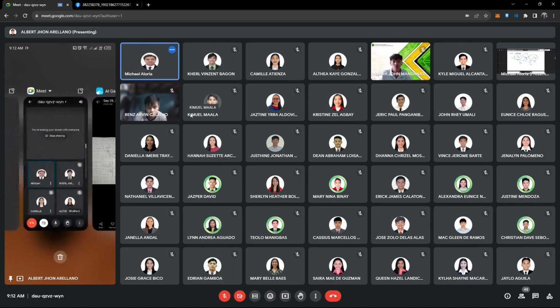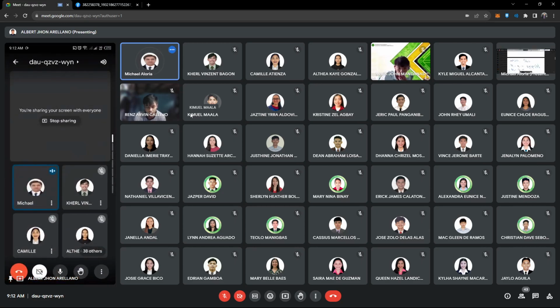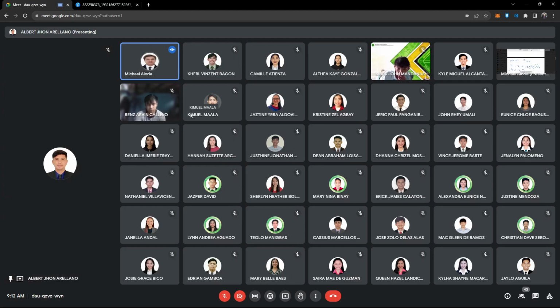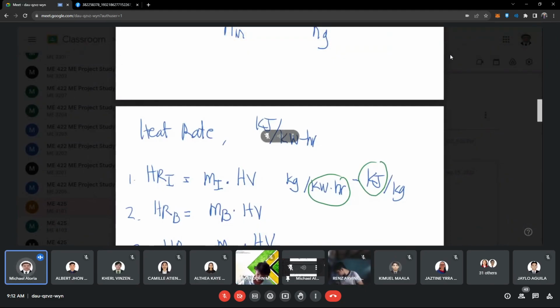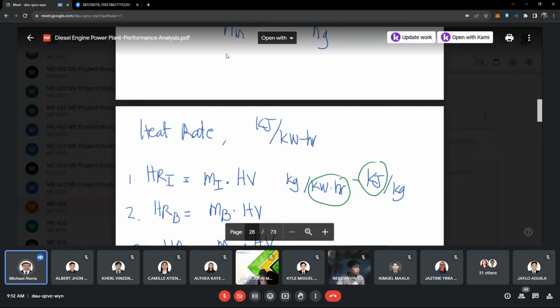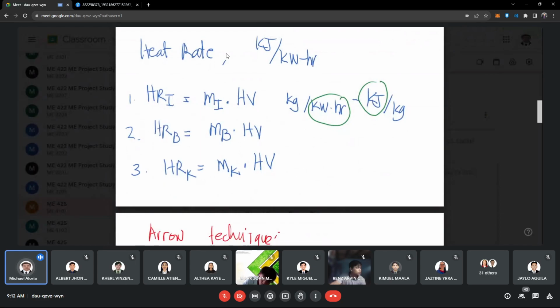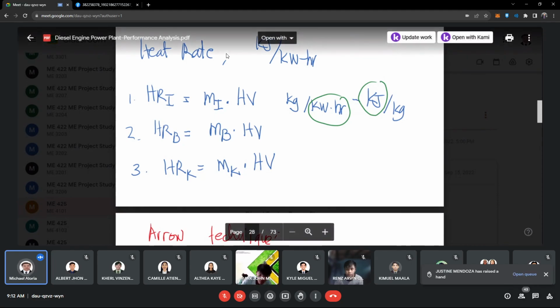O, next. O, heat rate naman. Ito na yung last parameter natin. Heat rate is kilojoule per kilowatt hour. So, we can compute heat rate by using your indicated specific fuel consumption times your heating value. So, ito yung indicated heat rate. Pag brake heat rate naman, ang gagamitin natin ay yung brake specific fuel consumption times your heating value. Likewise, your combined heat rate is